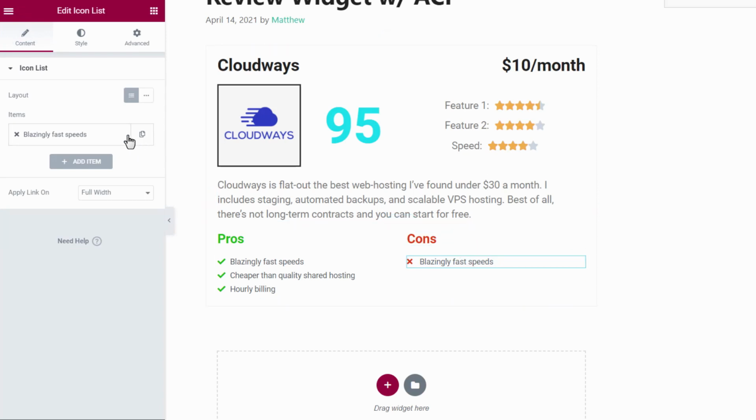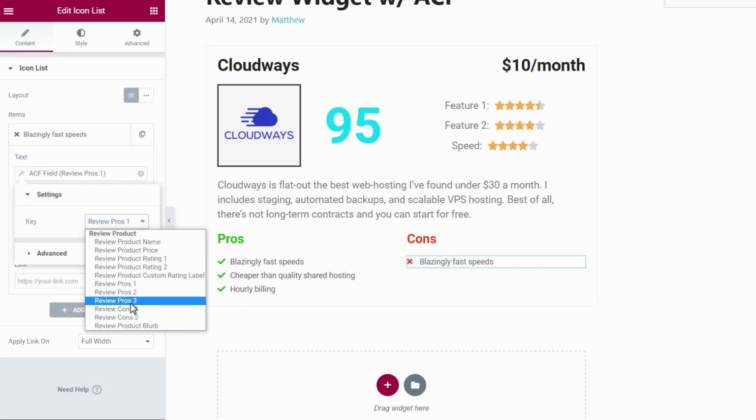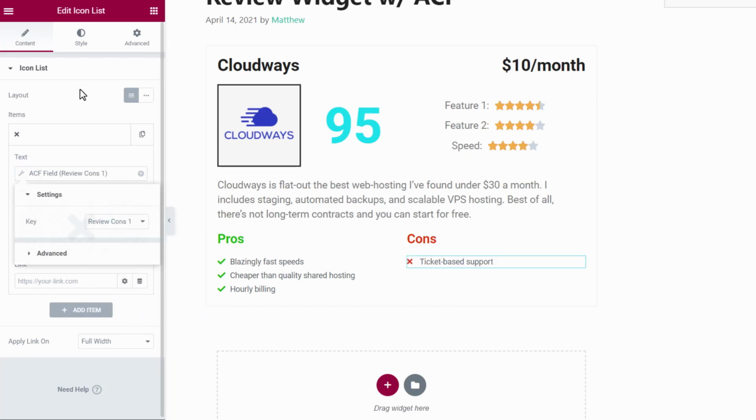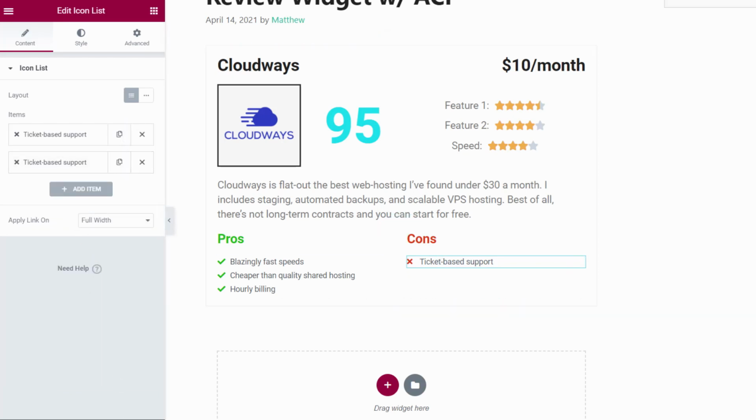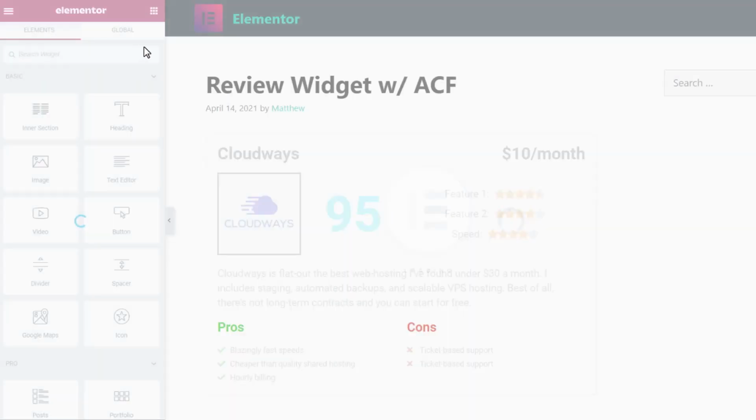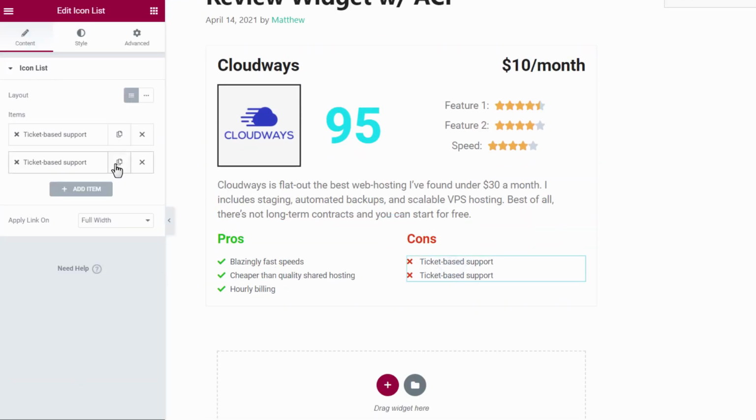So we just got to go here, and under our settings, we're just going to switch the key to cons 1, and we can duplicate this item. And sometimes it doesn't show up right away, but we can just click update. And if you refresh the page, that should get pulled in now, and we'll go back, and we're going to switch this to